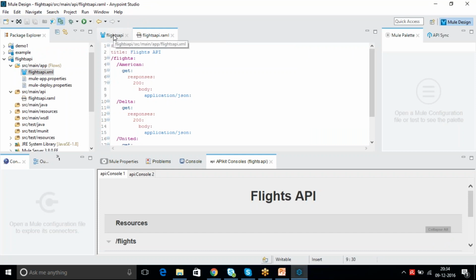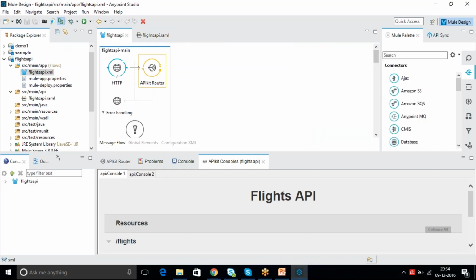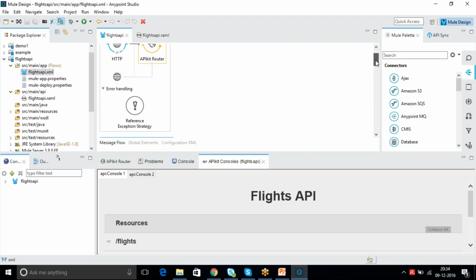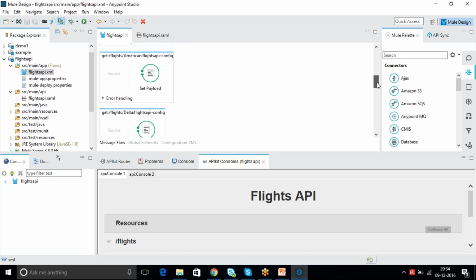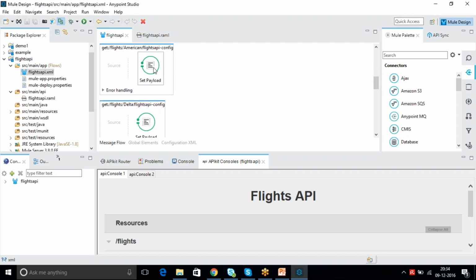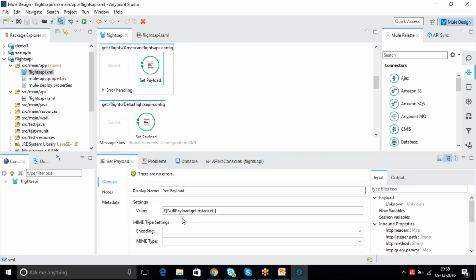But since we already have backend details, we'll connect directly with the backend system. So no need to put any examples right now. See that the set payload is empty here. That's what we are getting, a null payload.